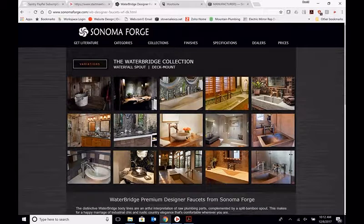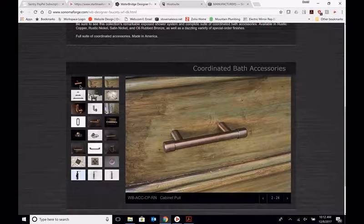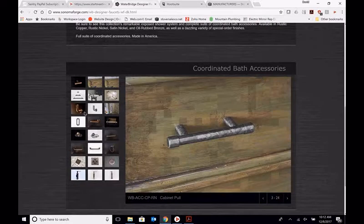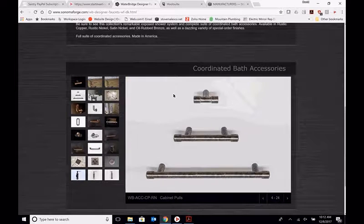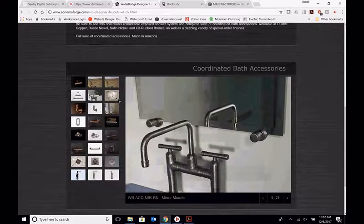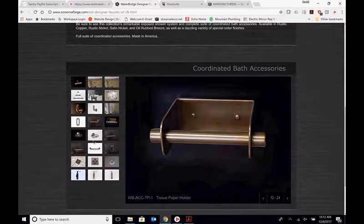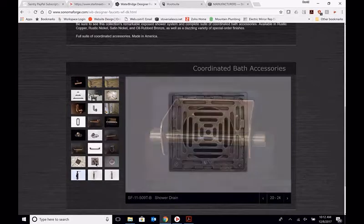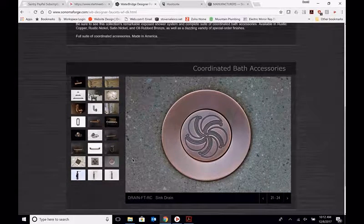We'll drill down a little bit further. You'll come here, you'll see the vanity shots, and then when you scroll down, you'll start to see all the different products that are available inside that program or that series. So in here we have cabinet hardware, mirror mounts, toilet paper holders, 2 different styles. You have this style, and then you also have this style available. Shower baskets, towel rods, grab bars, shower drains, sink drains,